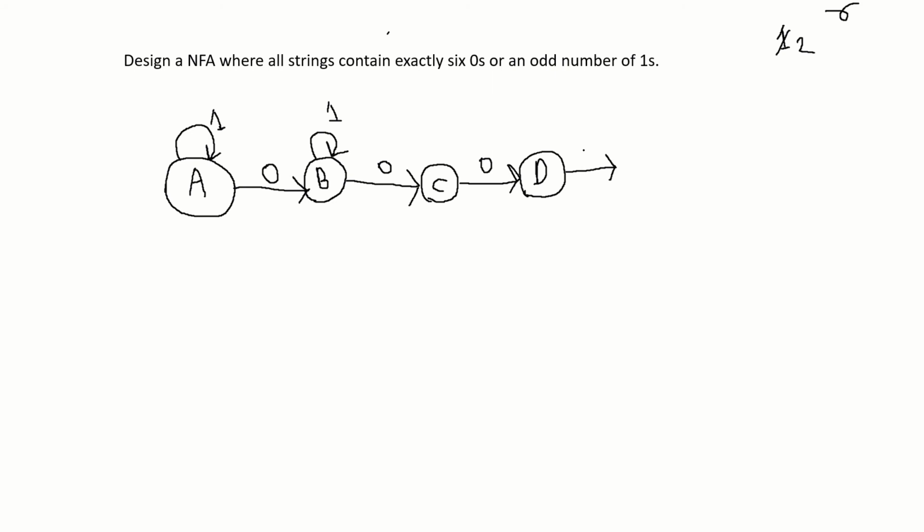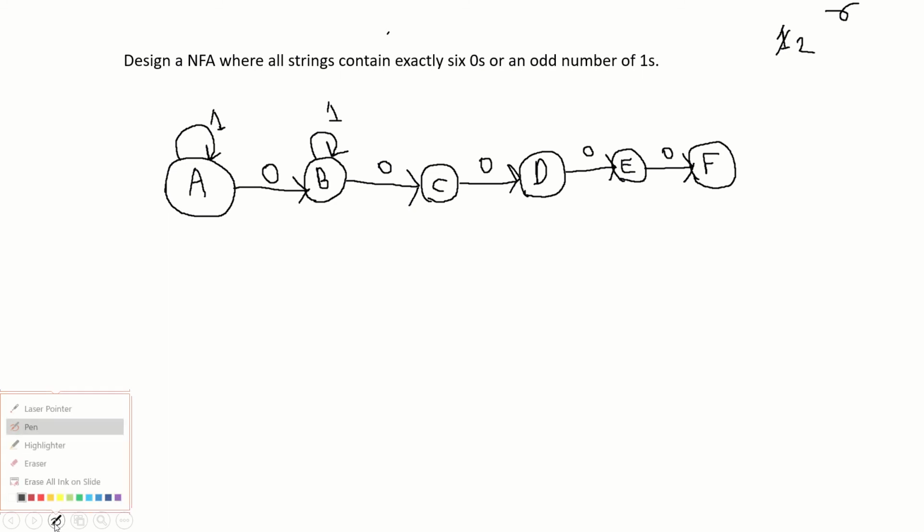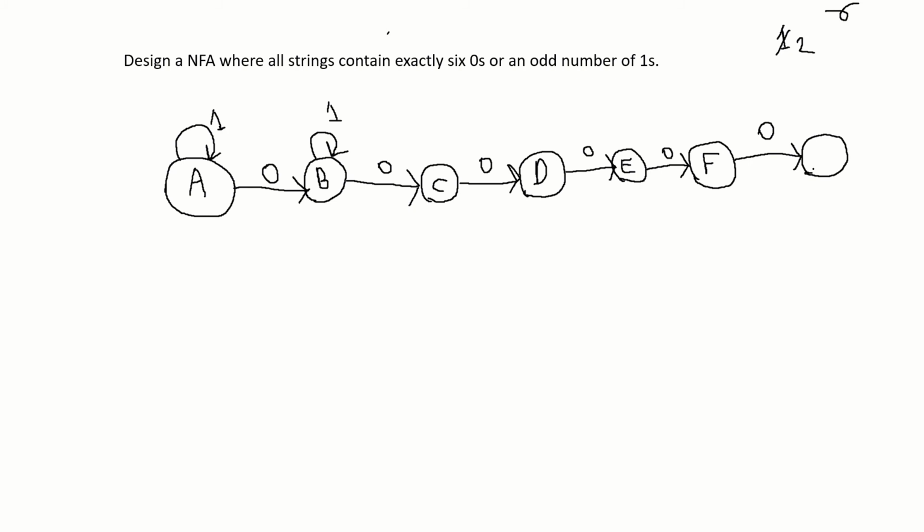fourth 0, fifth 0, and finally the sixth 0. So when we got the sixth 0 we will go to the final state,